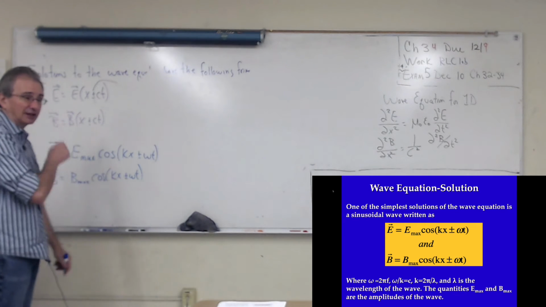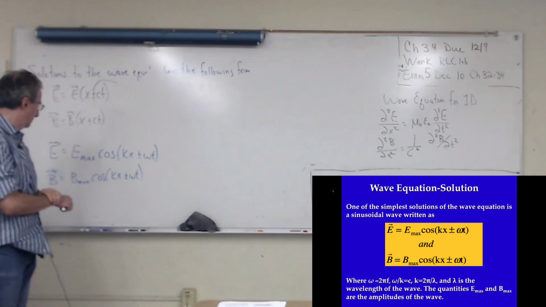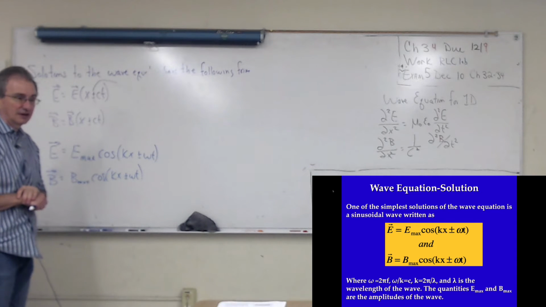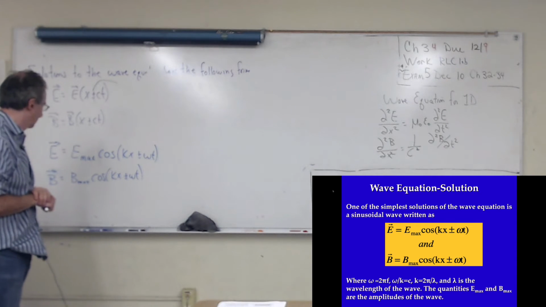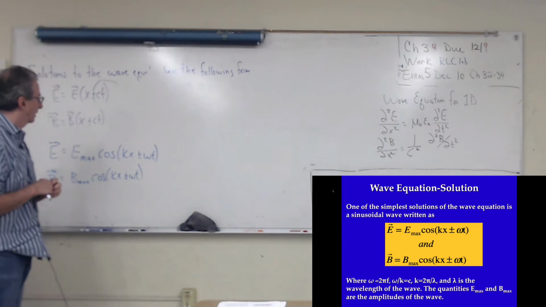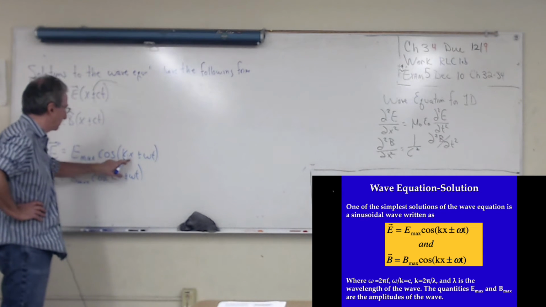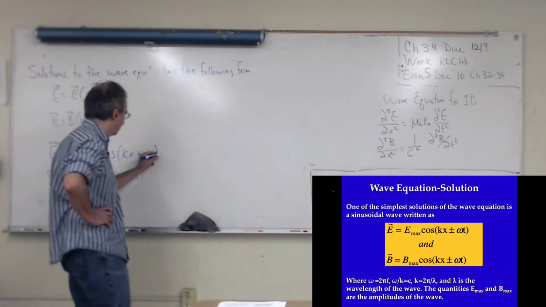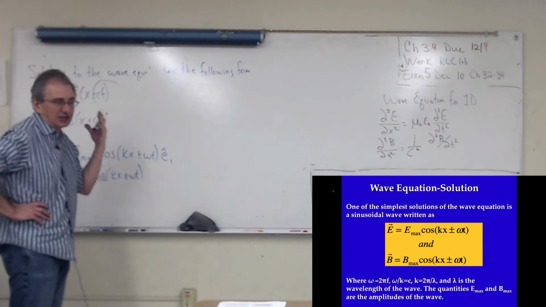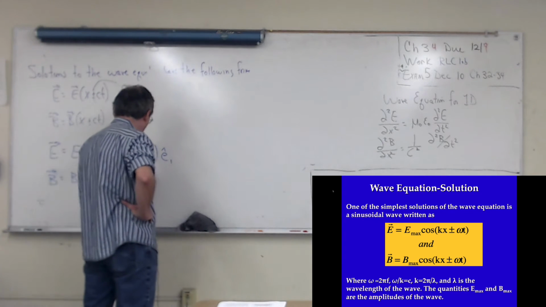A couple of things are missing from here. What's missing? I'm missing the direction. I'm missing a unit vector here, right? So this unit vector has to be perpendicular to x. Okay. So I'm going to write a unit vector called E1 like this. It's a vector that's perpendicular to the x direction. And then I'm going to put another unit vector